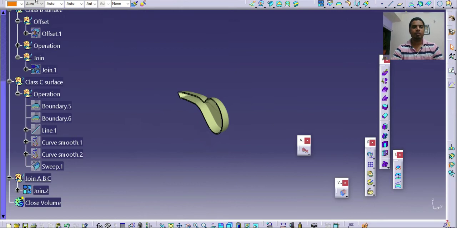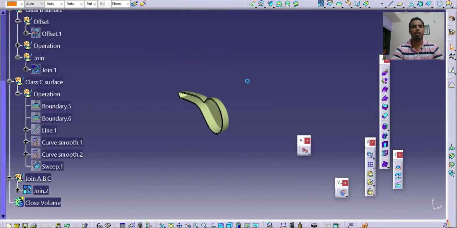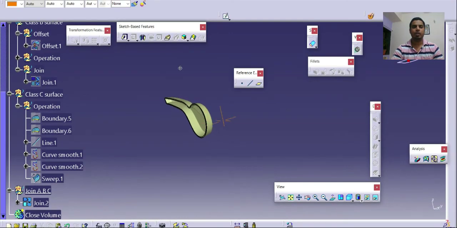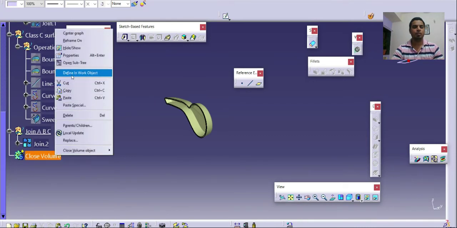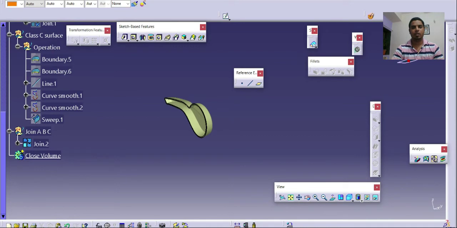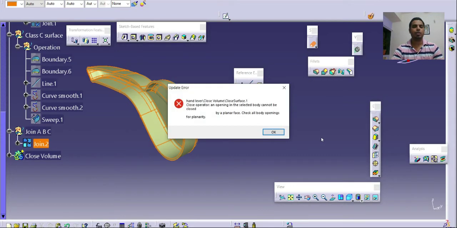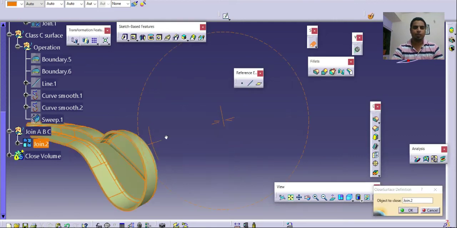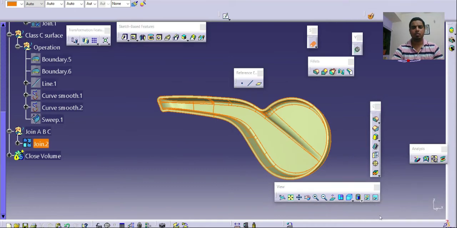Okay, and then we need to convert this object into a solid object by going into the Part Design workbench, where there is an option called close surface. I will select this close volume, and we need to select a water type surface. So this is a water type surface and I will press OK. I think there are some openings available, so I will select this OK button.